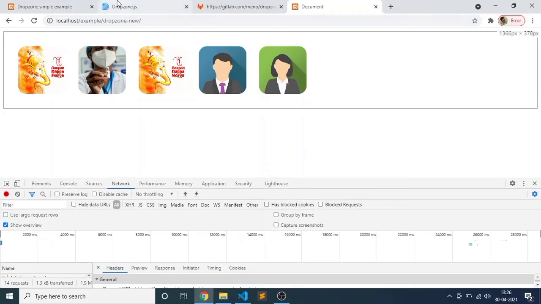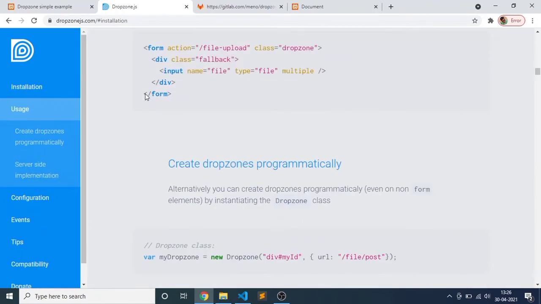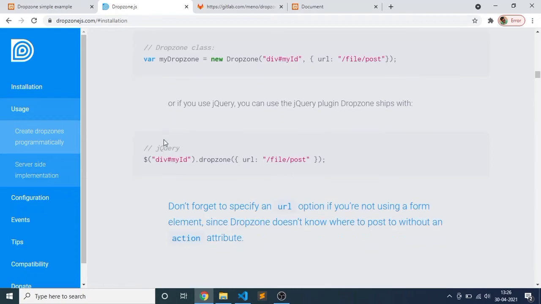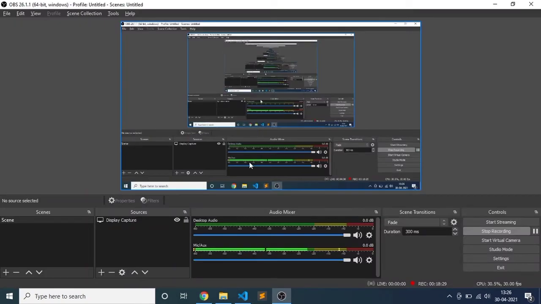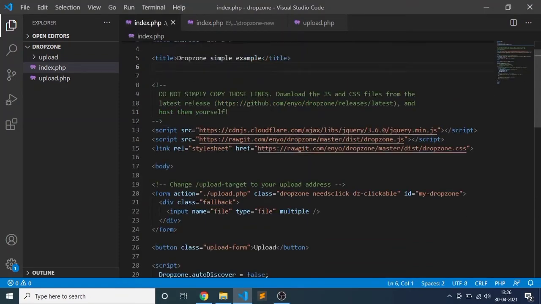For the custom drop zone form, you can go here and see how to use this form: in the dropzone class you need to remove it, then specify it in the jQuery plugin, and you can set the new custom form. I can show you how I implemented the custom form.